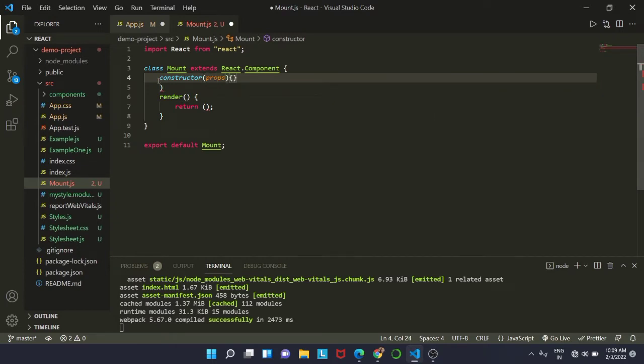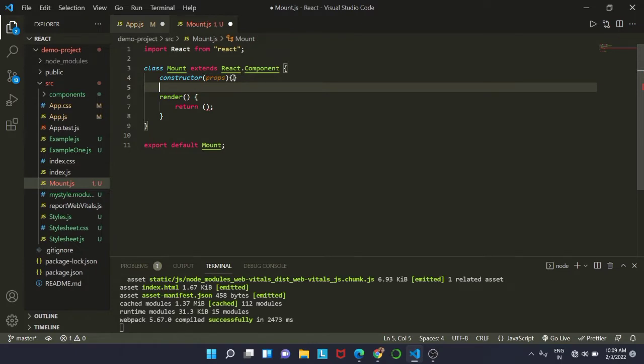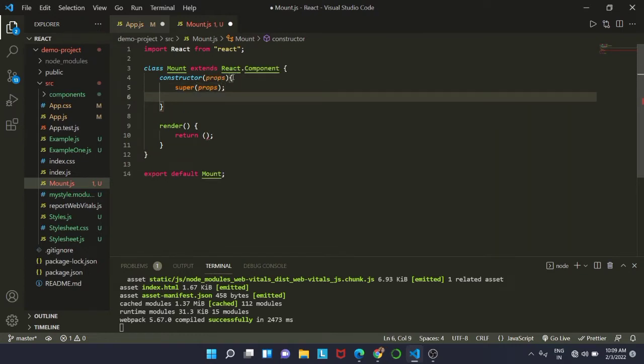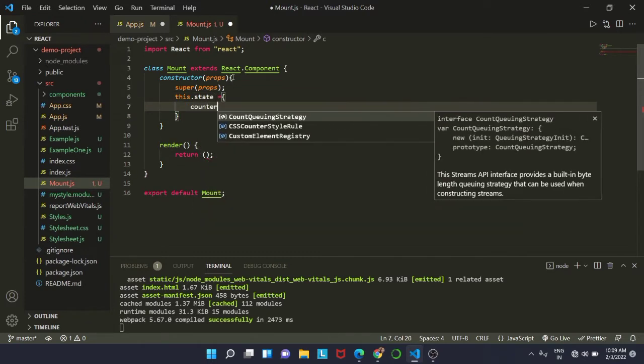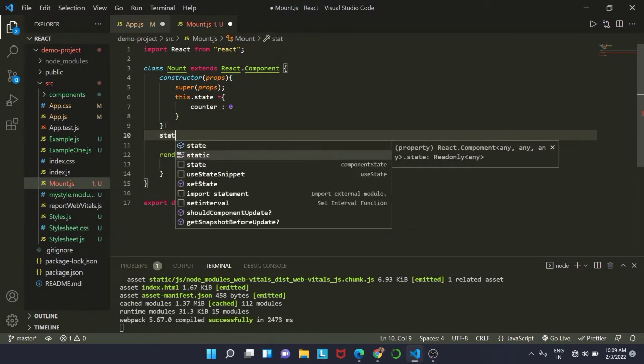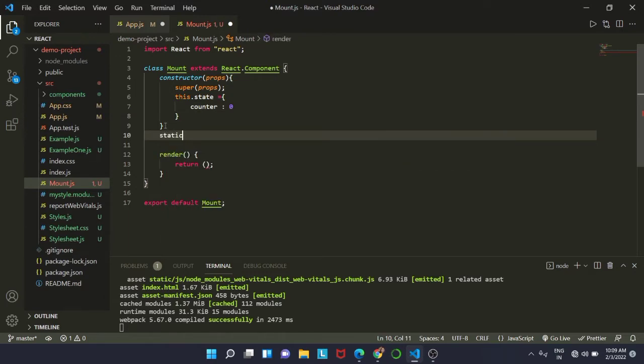So we will first write our constructor and add a state property inside that, which is counter. We will set the initial value of counter to 0. After doing that, we will use the getDerivedStateFromProps method. The 4 methods in the mounting phase are executed in the following order that we are going to talk about. So it will be static